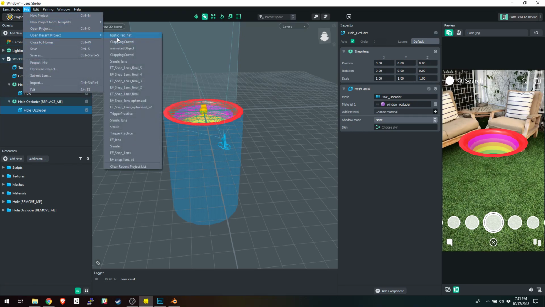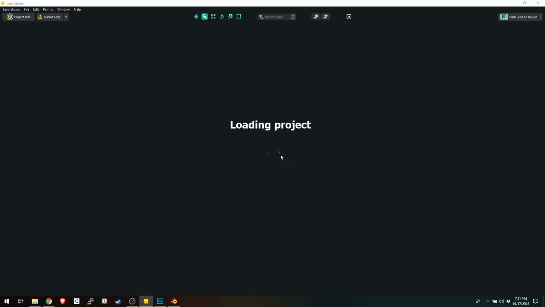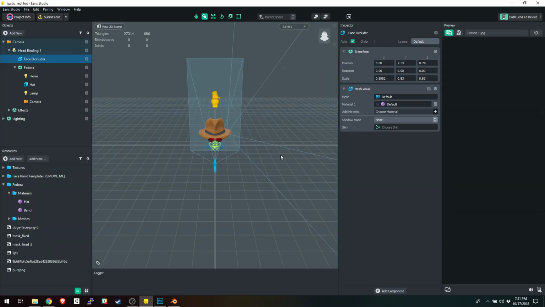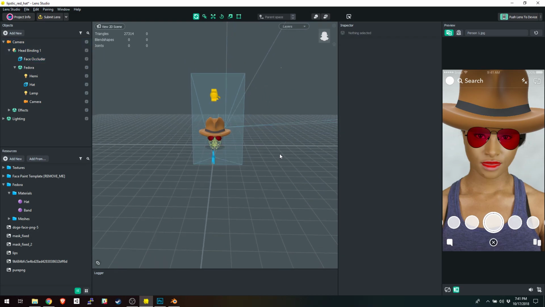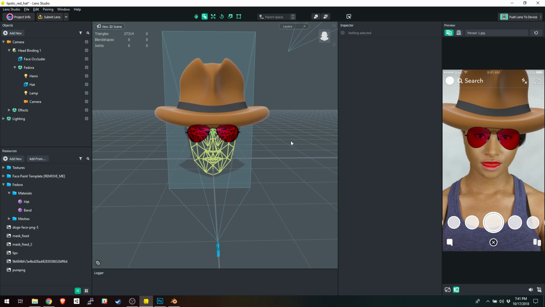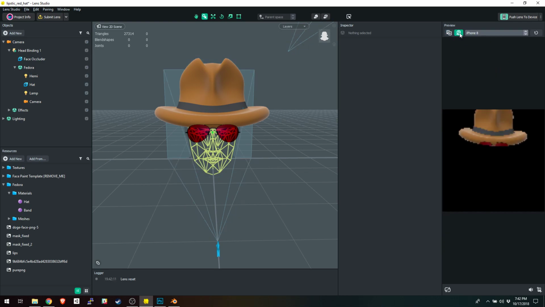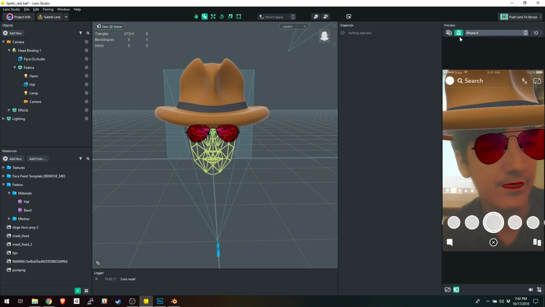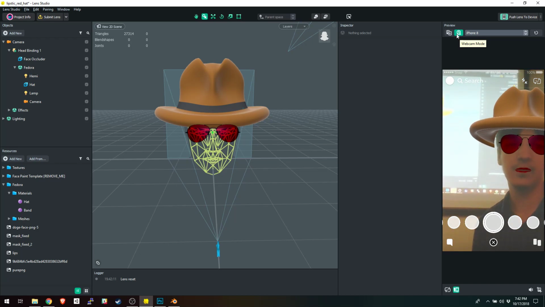So I'm gonna go back to my project that I was just working on right now, and I want to show you just how simple it is to push this to your own app on Snapchat to test, and then how easy it is to submit it onto the platform and share it to everyone else. So you can obviously always test using the webcam mode on your face, but also, quick note,